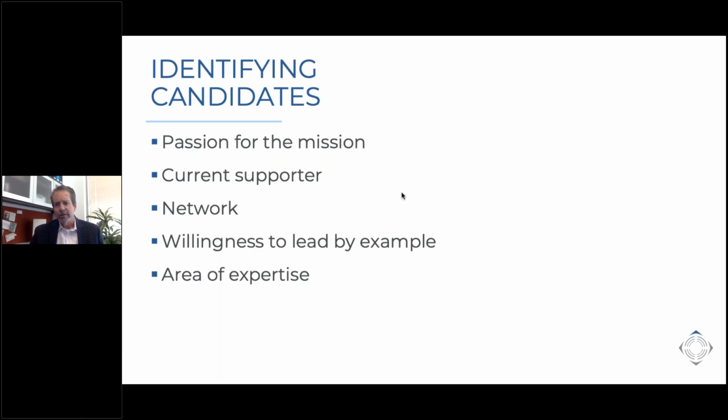The other thing, and I will get into this in our final couple of slides, is there may be times when your development committee matures where you want to start looking for an area of expertise. Maybe somebody who is an estate planning attorney who can become an advisor as you seek planned gifts. Maybe someone who comes from an advertising or marketing background who may have some insight into helping you develop better collateral and proposal materials to utilize. So people that can not become a boss, but become a strategic advisor to certain aspects of your organization.